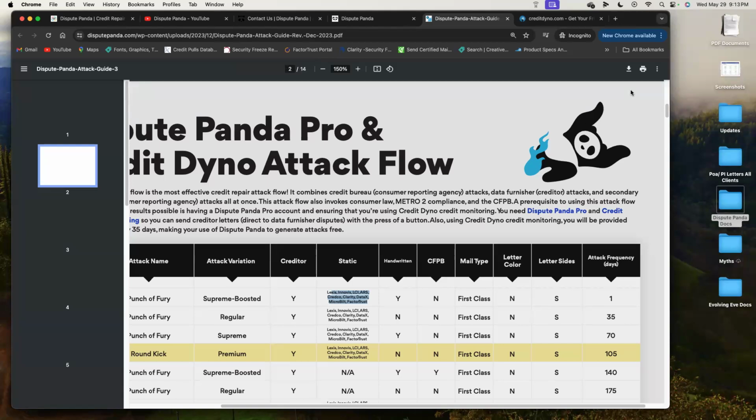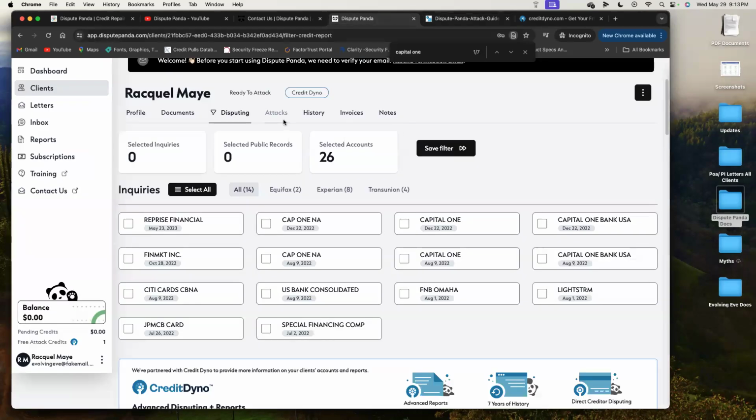My question would be, have you already disputed your friend's profile before you did the CFPB complaint? Yeah, we were just getting a bunch of stall tactics saying verify, blah, blah, blah, this and that. Gotcha. So let me clarify when we talk about stall, because, let me say this again.